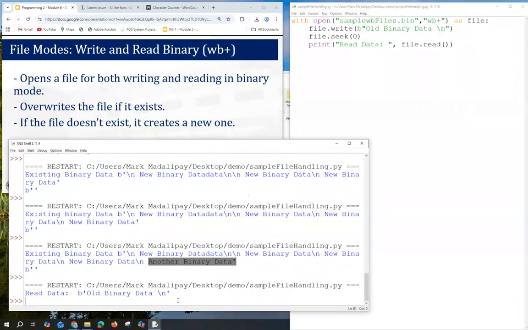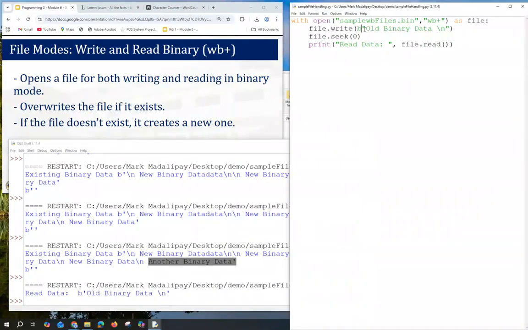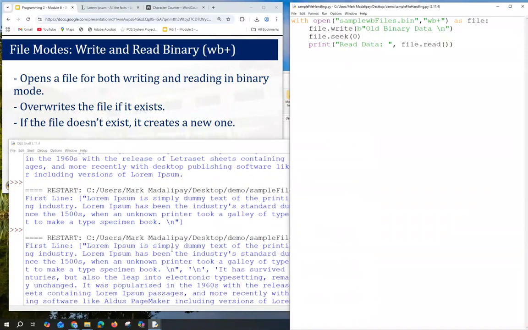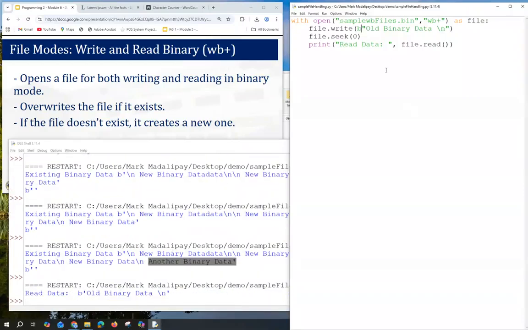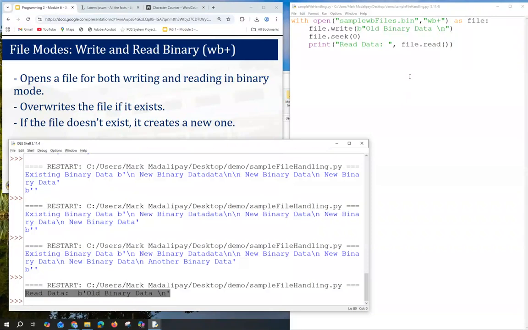Okay, so we have here a binary data, or the read binary data, with our write and read.